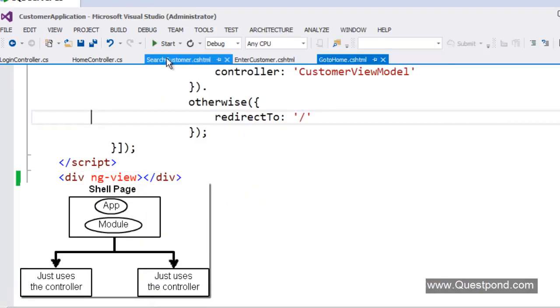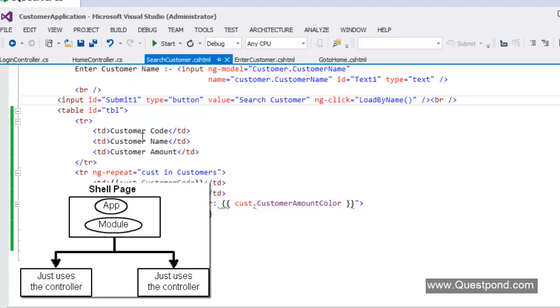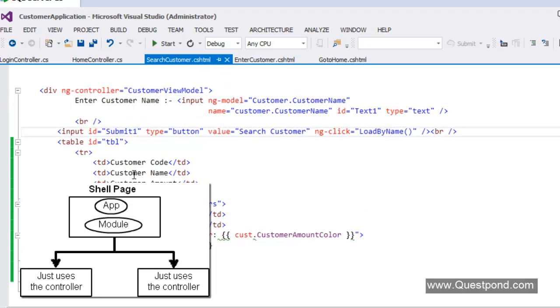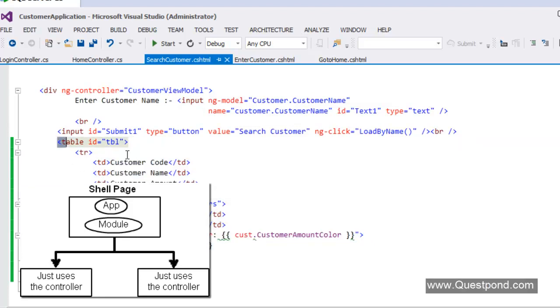And also the search page here, I have tidied up. You can see that I have removed the ng-app, because now the ng-app will come from the main shell page. I have removed registering the controller, that will also come from the main shell page, right? And what I've also done is I've removed the server side interaction, and I've just made it client side. You can see that previously, this was using the HTML table, but now I've changed that to an Angular table. So this part I have completely changed and made it pure